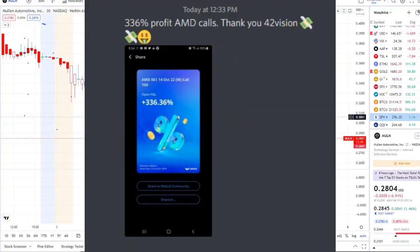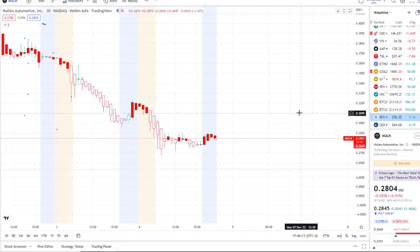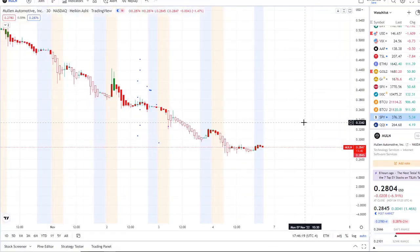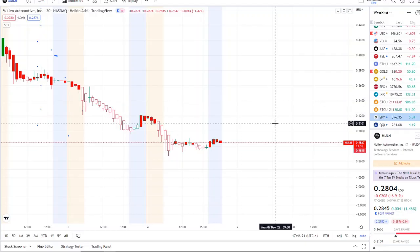So here we are with MULN stock trying to consolidate here and hold itself up above the 25-cent support. That is critical, and it tried bringing itself back up towards 30 cents even today at the bell, and it rejected. And we're going to break it all down, but before we do,